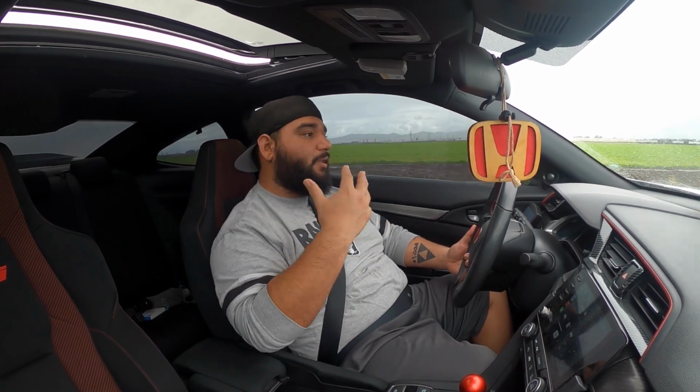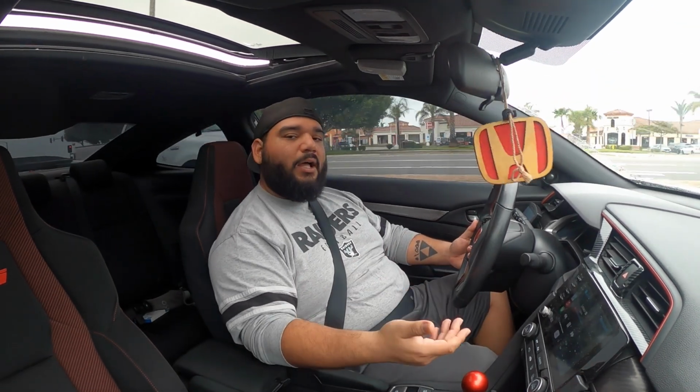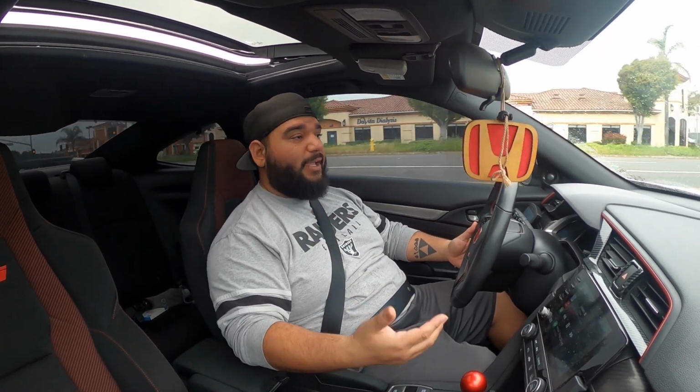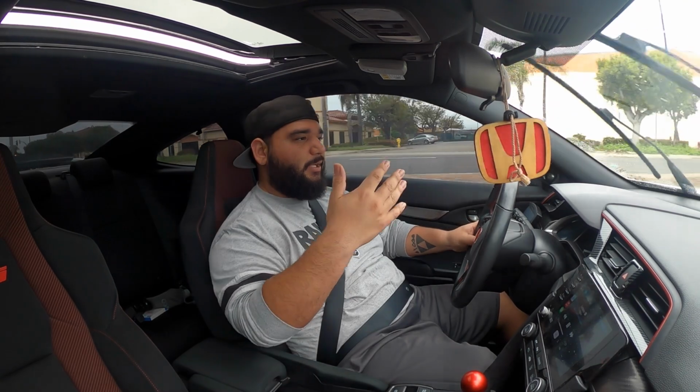The only thing now I have to keep an eye on is my head studs. Yes, I'm gonna be looking into getting head studs done to the car. If all goes well, head studs are gonna be the next big mod to the car. I also have a lot of people asking me when am I gonna go big turbo. If I go big turbo, then I go big turbo. It's not the end of the world for me. Yes, I know content would be a little bit up there, it would be a lot better, but